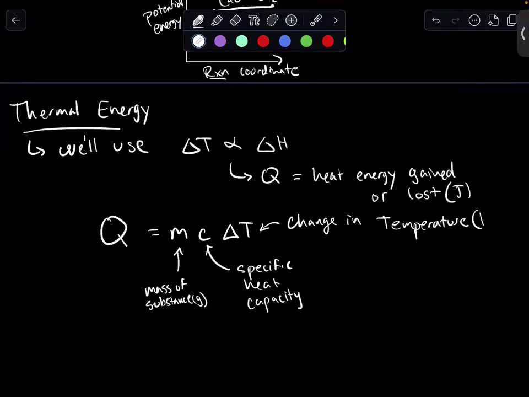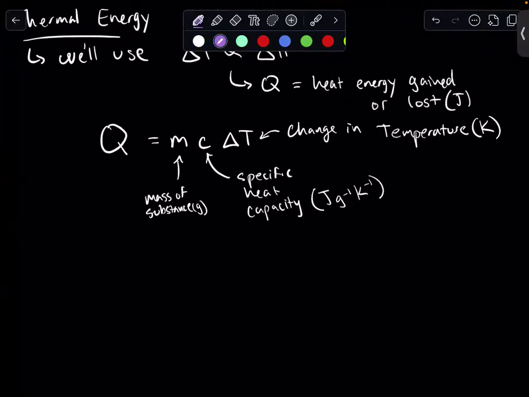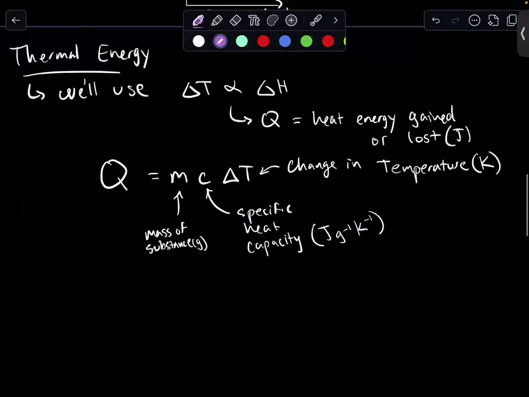This will usually be measured in Kelvin, while specific heat capacity is measured in joules, grams inverse, Kelvin inverse. So to figure out what all of this means, let's first start off with what the heck is C, our specific heat capacity. This is a definition you do need to know. It's different for every element and every substance, but this is the energy